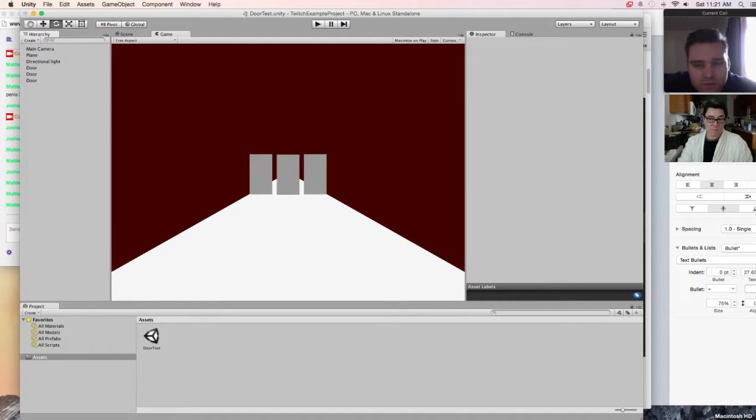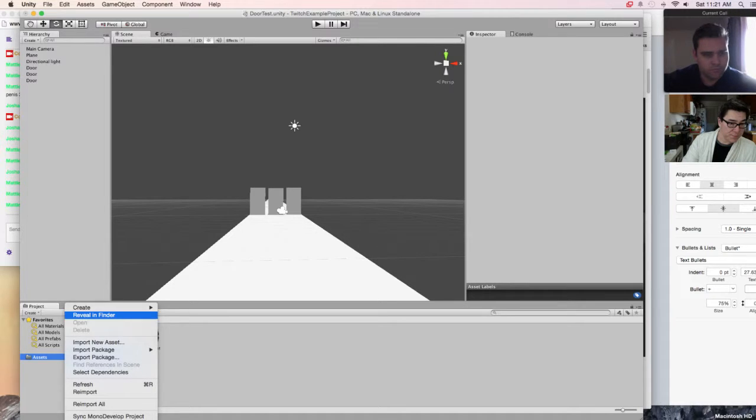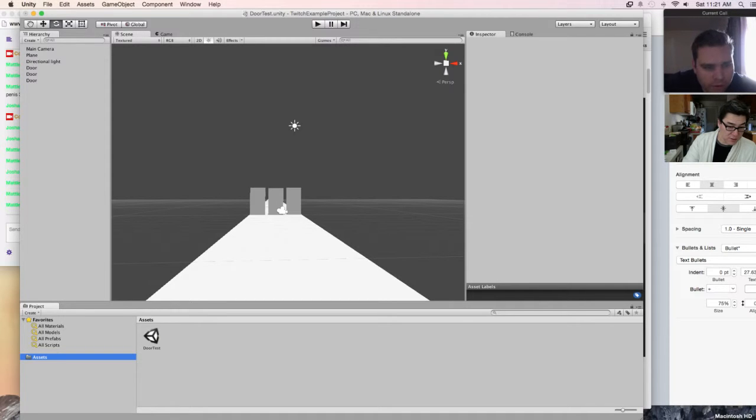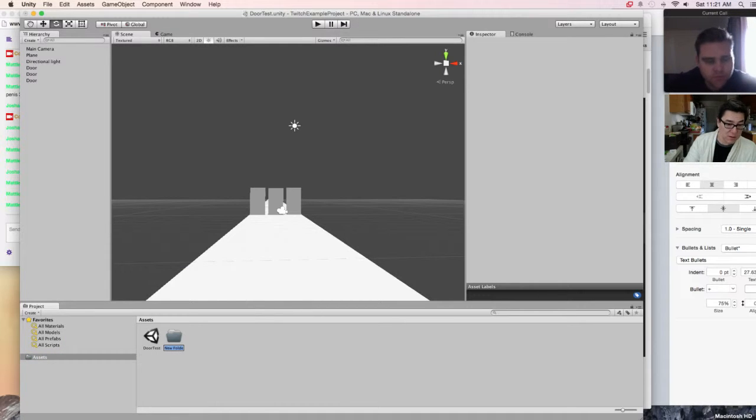Okay, now, doors are kind of plain. Let's dress them up a little bit. I'm going to create a new folder down here. So I went to my assets folder, I right-clicked on it, create, and you'll see at the top is now a folder. Create this folder. We're going to call this